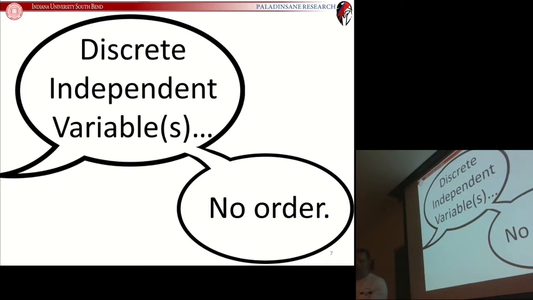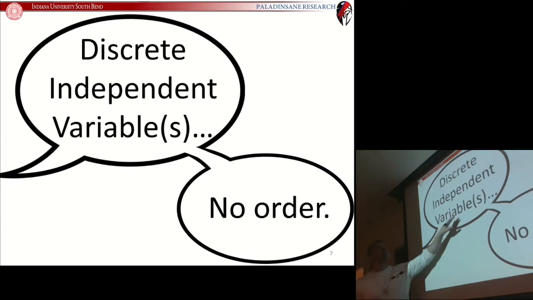So if you were doing a study on anxiety levels at different years in college, and you said, all right, I have one category, those are freshmen. One category, those are sophomores. One category, those are juniors. One category, those are seniors. That's a discrete category, right? You're either in year 1, year 2, year 3, or year 4, but you can easily put those in order, right? You can easily put those in order of increasing time at school.